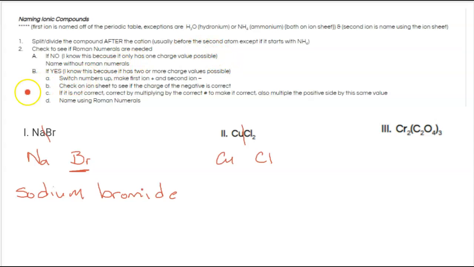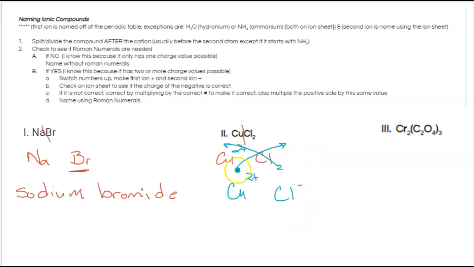So I'm going to need Roman numerals, so I'm going to have to come down here to step B. I know I need Roman numerals because there's more than one charge possible. So what I'm going to do is undo the crisscross that you did earlier this week. So I bring up my 2, I have that 2 down here. I bring up the 2, and I bring up the understood 1. So now it looks like I've got copper with a 2 and chloride with a